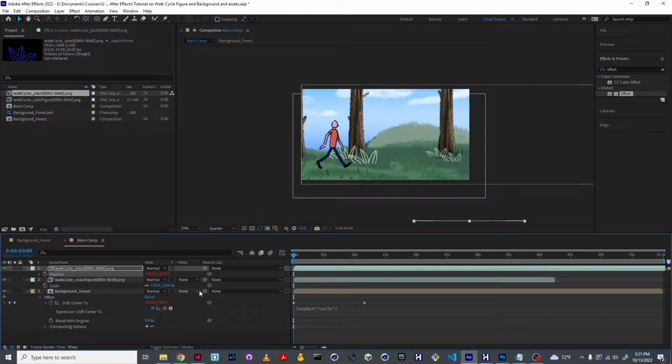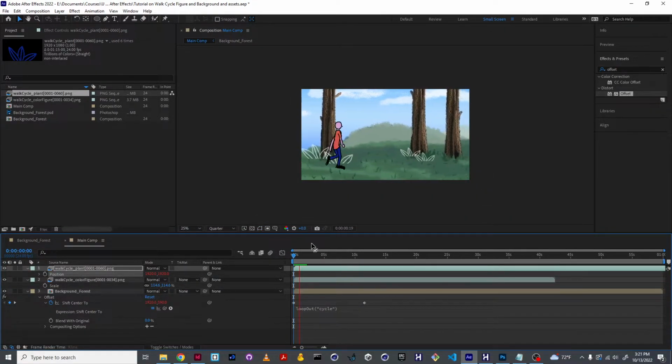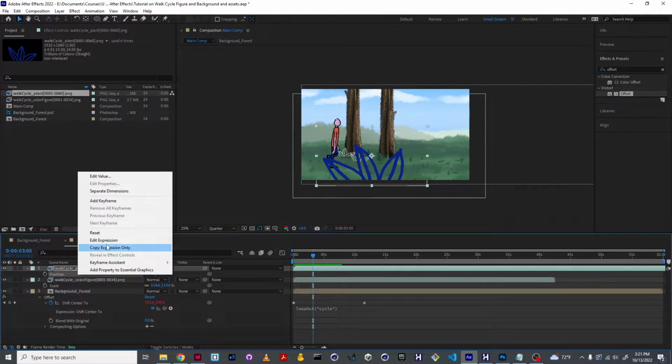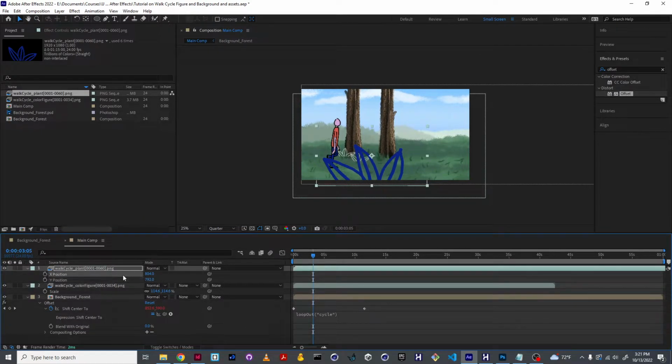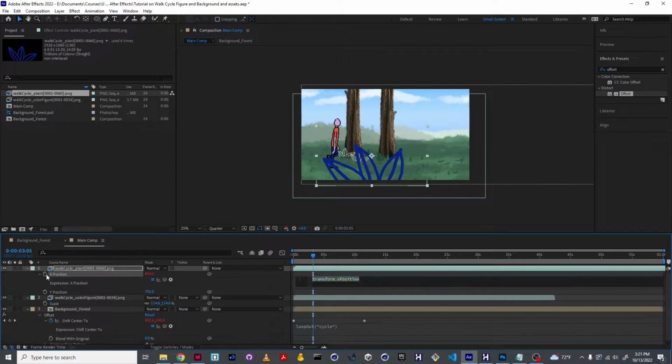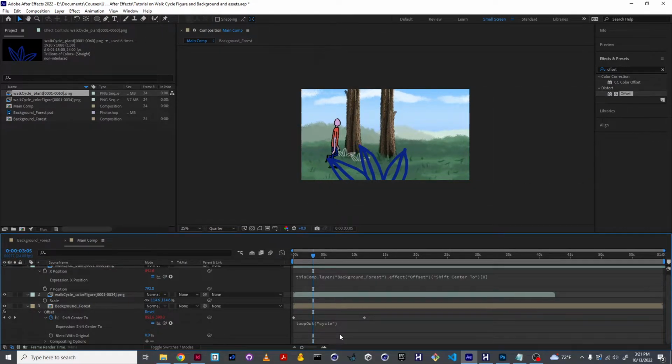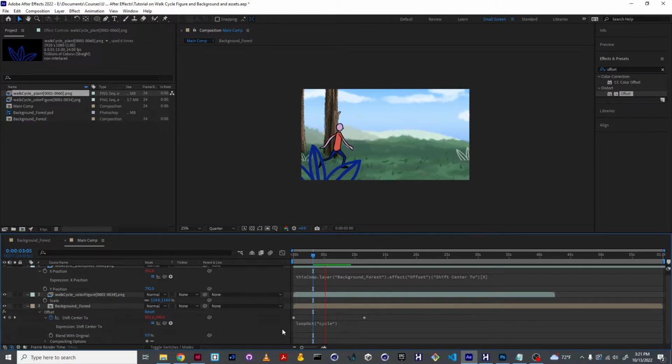And so when I do this, notice it went somewhere super weird. And actually, if I right click, separate dimensions, then I can just attach the X position to this. I hold down Alt and click on the keyframe, and say I want this to be tied to my X position here. Now when I run this, it's stuck there, and that works, and that's super cool,